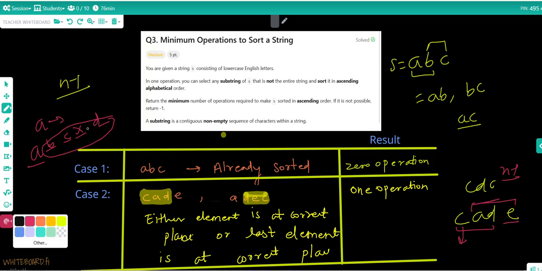If you sort this part, the whole string will become sorted.